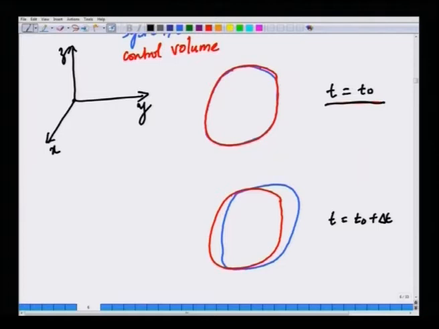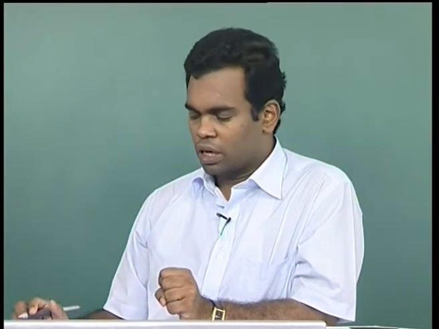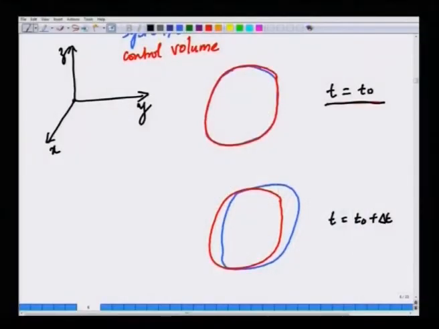The CV will remain the same, but the system, the blue line, would have moved elsewhere because the fluid is continuously moving. So, if you mark a set of fluid particles by a blob of dye, that will in general not be located in the same spatial region, because as the fluid flows, it will stretch that blob of dye and it will deform, it will rotate, it will translate and so on. So, in general this blob of dye, which is what I call a control mass, would have moved elsewhere to some other location at a time delta t later.